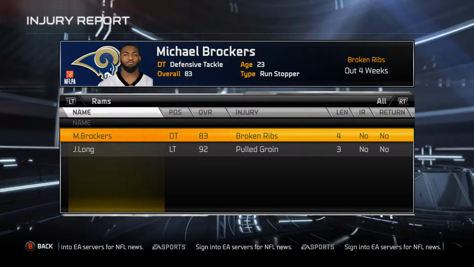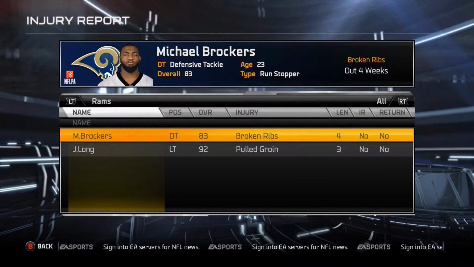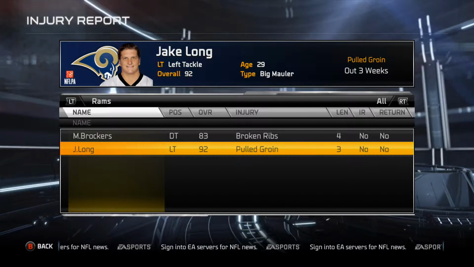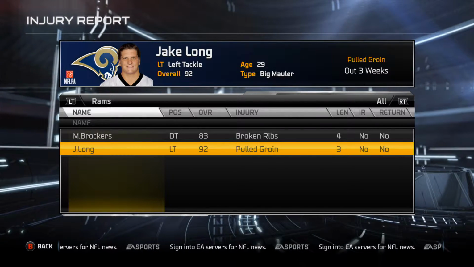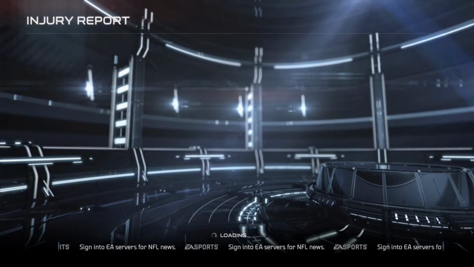Defensive tackle Michael Brockers. He's pretty good. I've played with the Rams on a franchise before, and he was a pretty good guy. And Jake Long. I mean, obviously you're missing someone there. So they're both out for 4 and 3 weeks. So if we can run it in between the tackles there, give AP the ball,